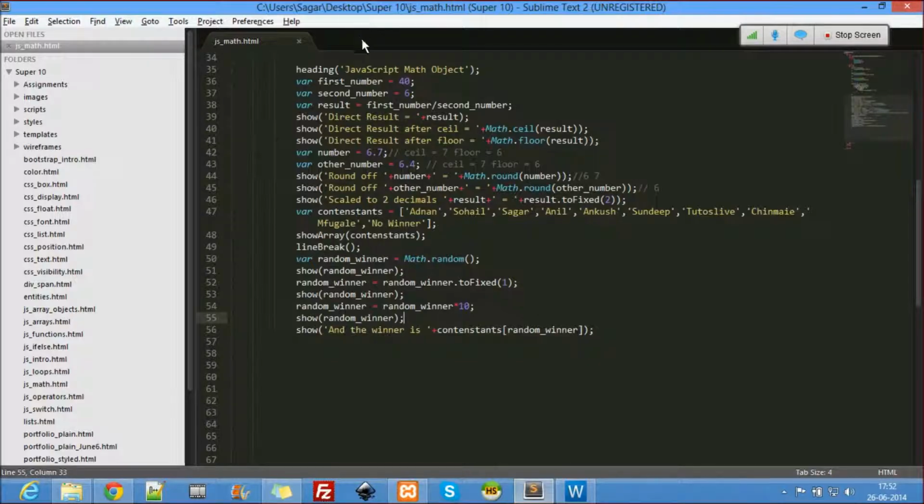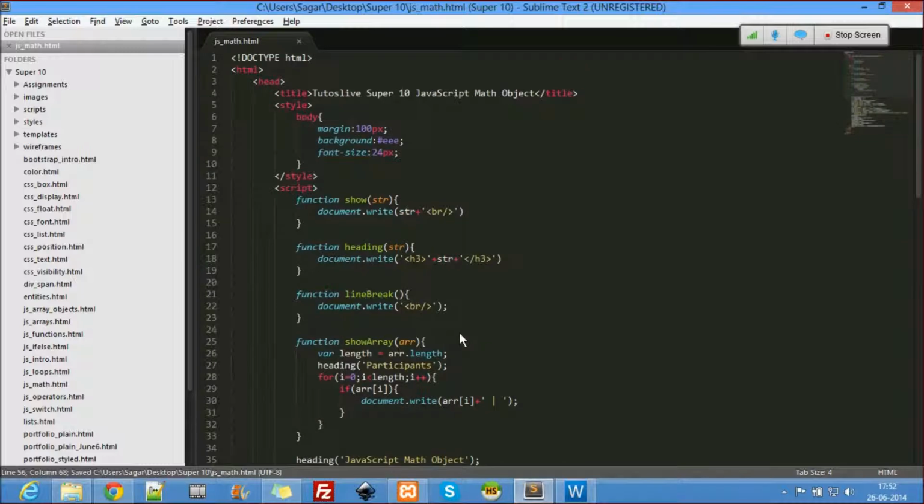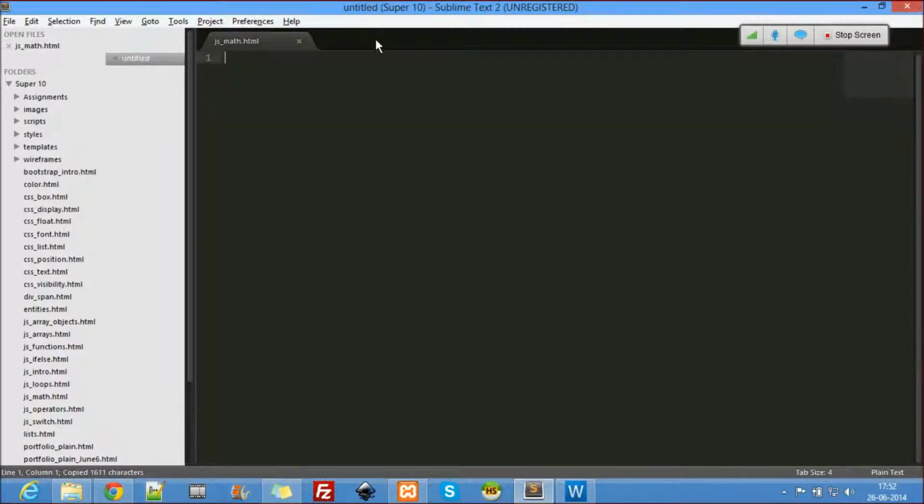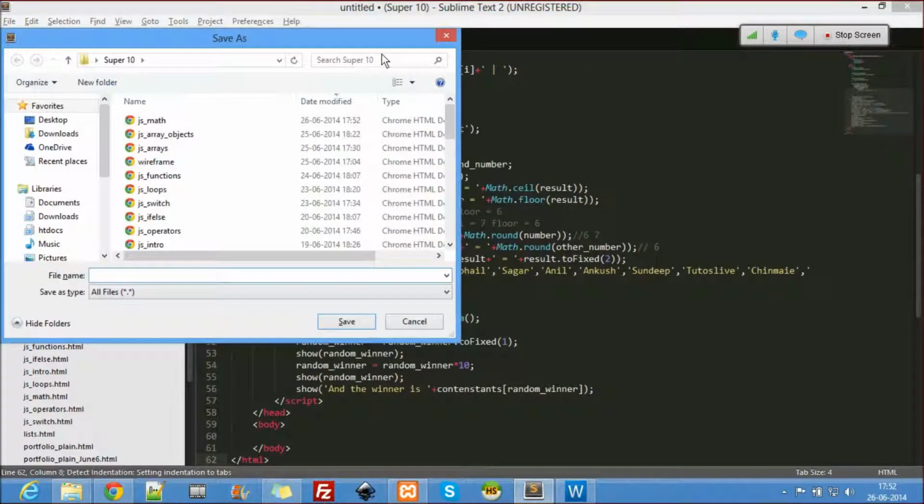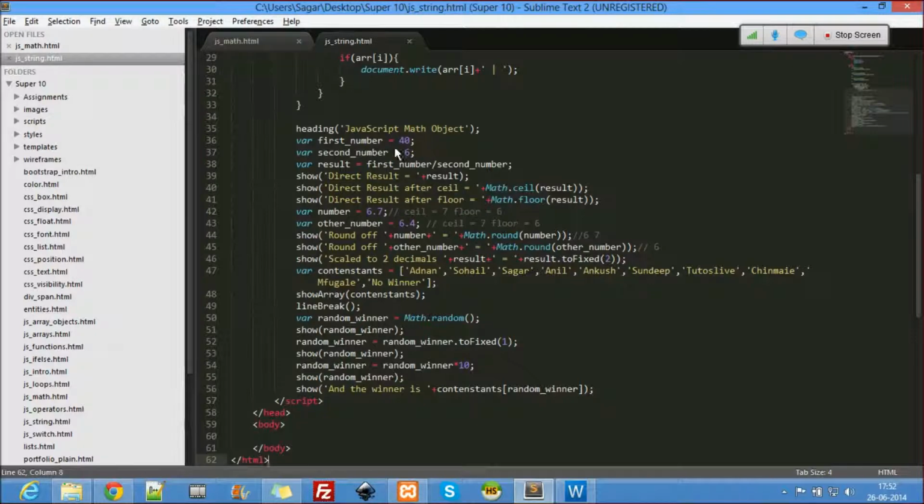Let us open a new file here. I'm going to copy this, paste it here, and save it as js_string.html.